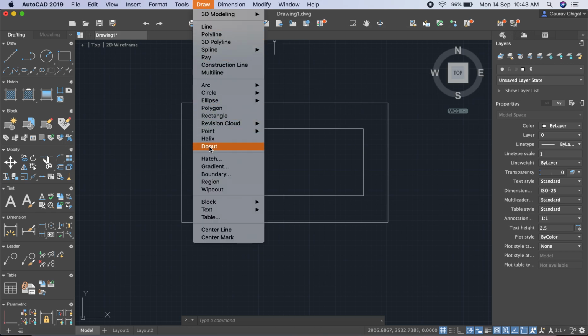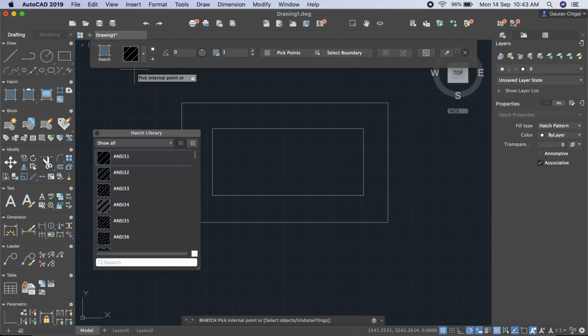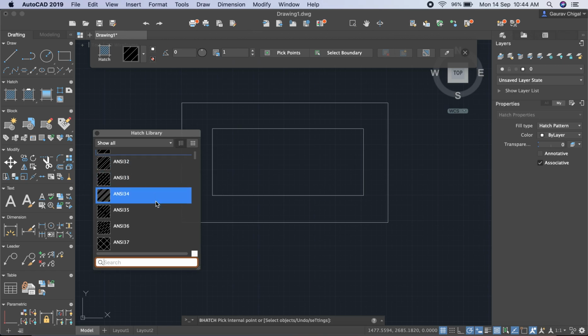So then go to draw, go to hatch. When you click on hatch, you can see a window is open here. So this is the hatch window, and here you can select the type of hatch by clicking on this arrow and then selecting hatches. When you click hatches, you have a number of options here: ANSI 31, 32, 33 and so on. So these are the patterns which are required. For steel structures we always use inclined lines if you want to cut a steel or a metal object, so this ANSI 31 is used. For other structures like brick and all that stuff, you can use any pattern from here.